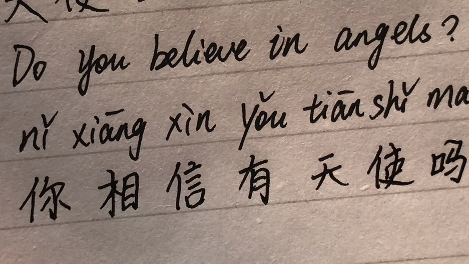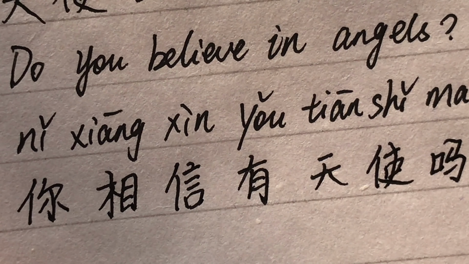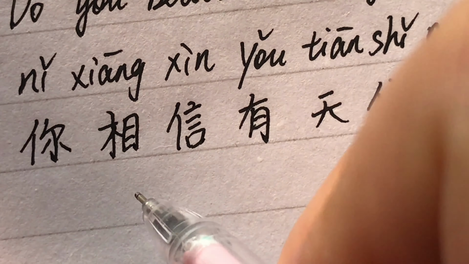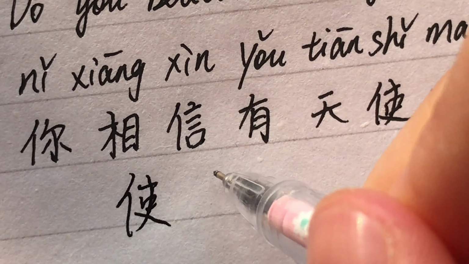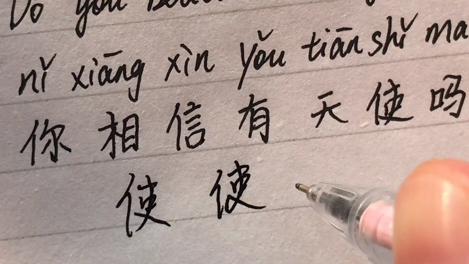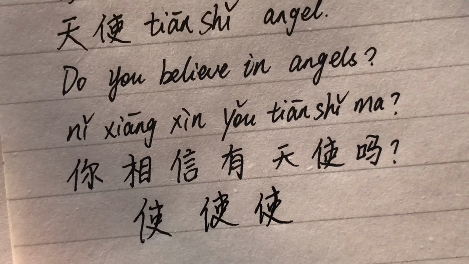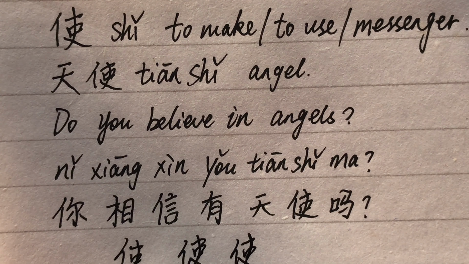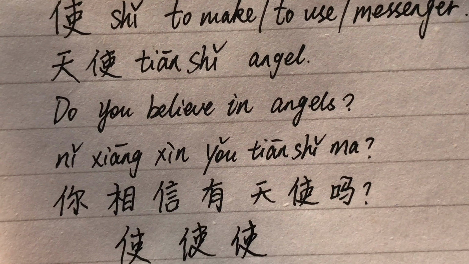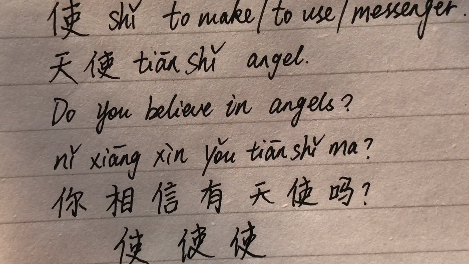Do you believe in angels? 你相信有天使吗？ My casual handwriting on the character 使: to make, to use, messenger. 天使, angel. Do you believe in angels? 你相信有天使吗？ 使